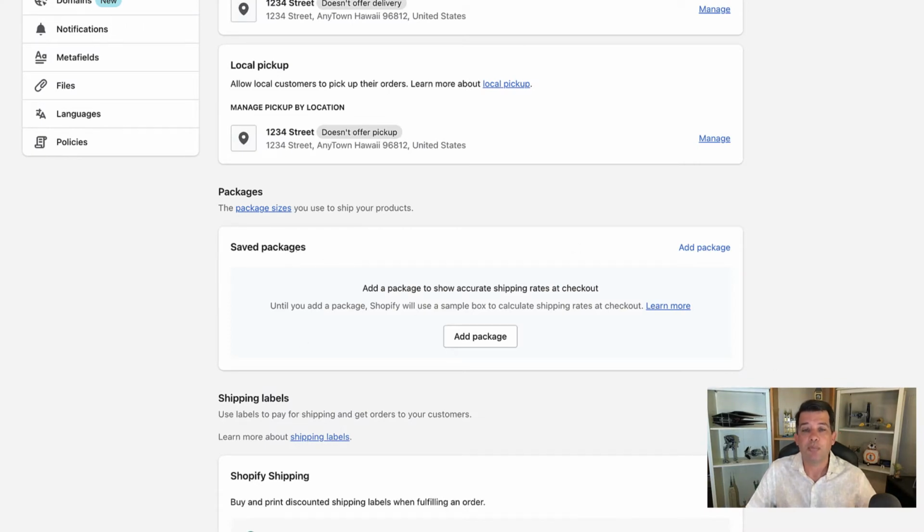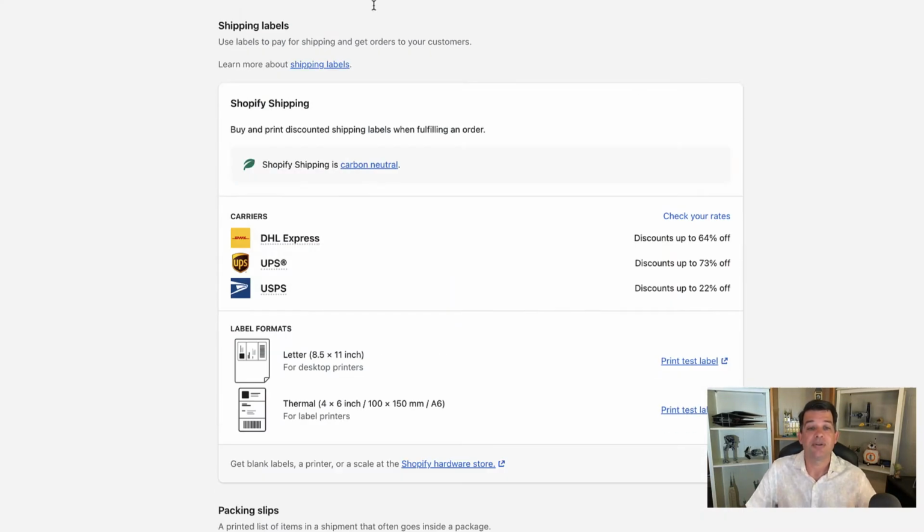So below the packaging section is the shipping labels section. Shopify works really hard, I know, to get discounted shipping, and they also have some discounts for getting all of the labels and the material that you may need in setting up and doing your shipping within your operation. If you have shipping going already and you know where to get printers and all that stuff, great, you can go get all that equipment.